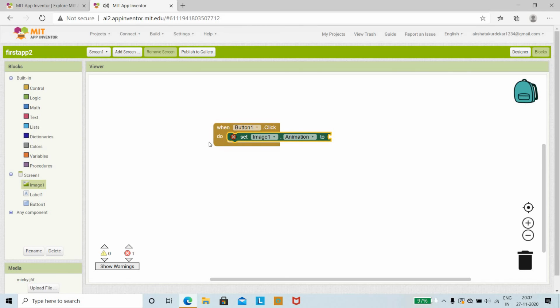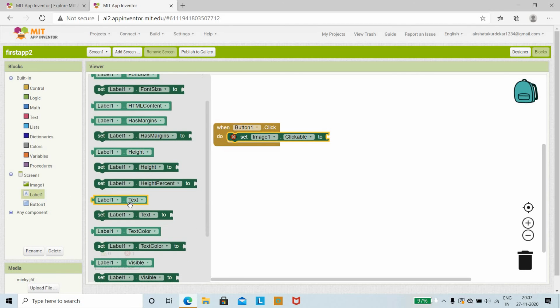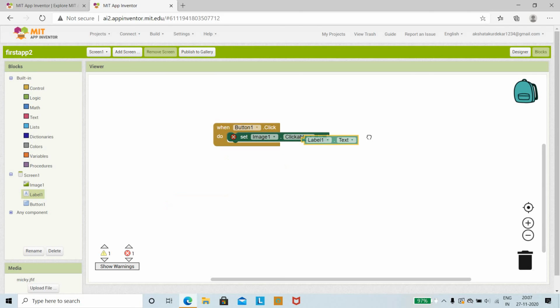So whenever a button is clicked, you are going to display the image, and then it performs the animation of the image, or you can give it as clickable. So we shall give it as clickable. Then after that, once that is done, then label. So it should also display the label, right? So it should display the label with the text. So drag and drop it.